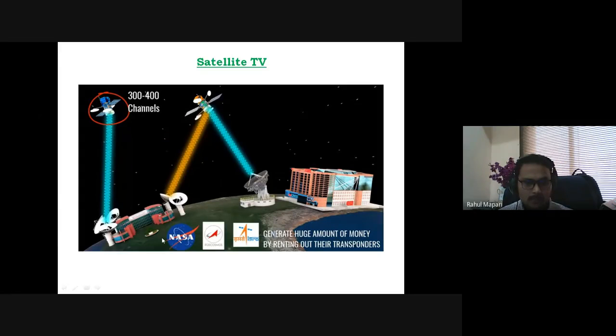Each DBS service provider has its own satellite, and they transmit their encrypted channels, around 300 to 400 channels, over the satellite. For example, Dish TV collects 300 to 400 channels from different program sources like Zee, Sony, Star, ABP Maza. Likewise, they purchase different channels, encrypt them, and transmit them over their satellite.